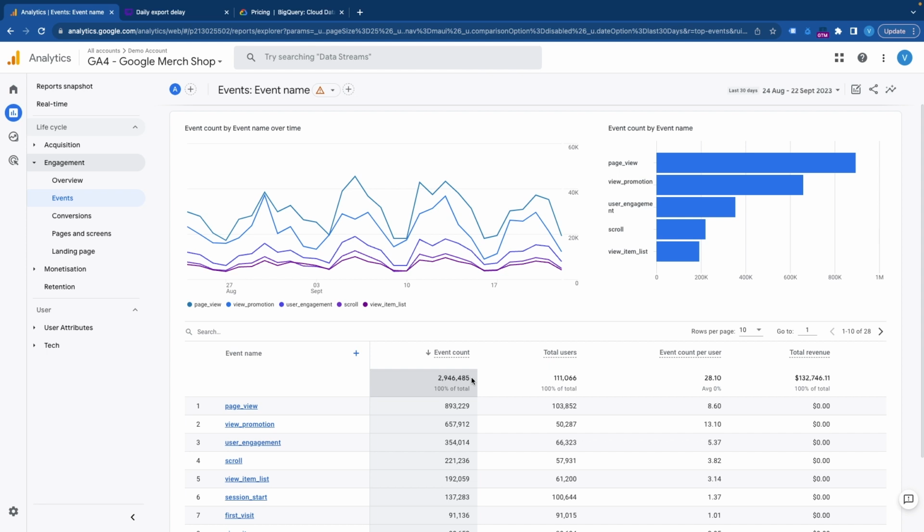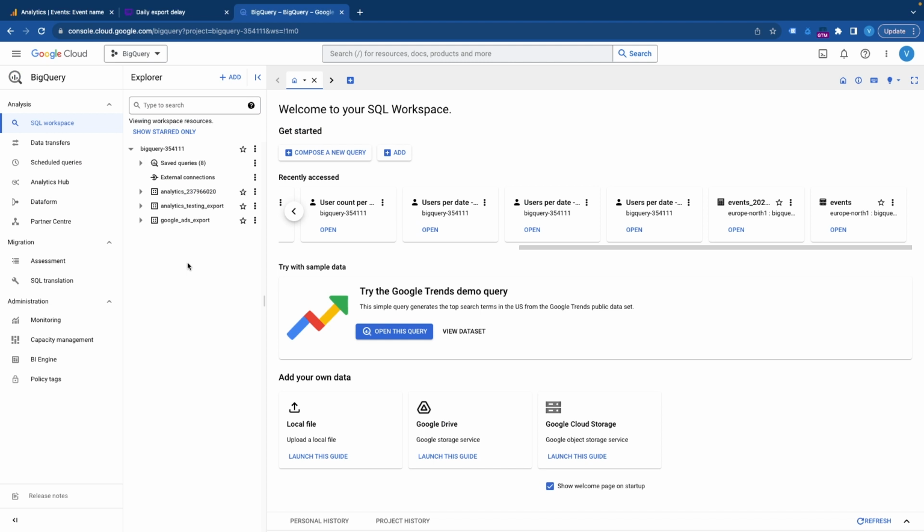But in general, as you can see, for most of the websites out there, the cost of having real-time data in BigQuery will be very low. Now that we know the use cases and the costs, let's do some example queries to see how to extract